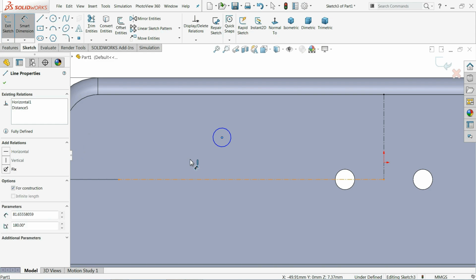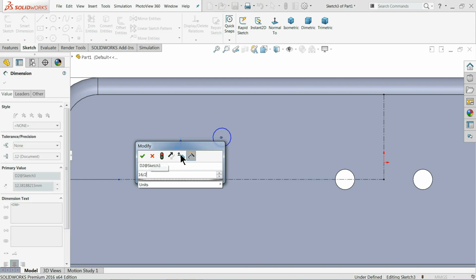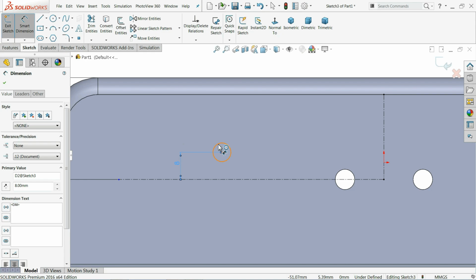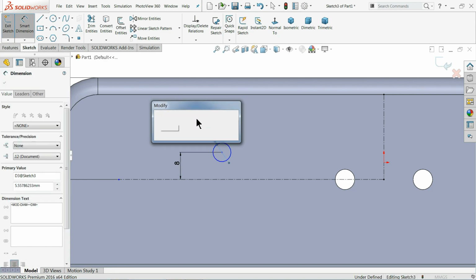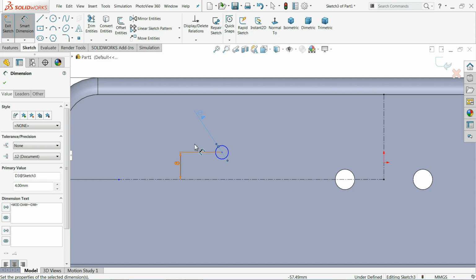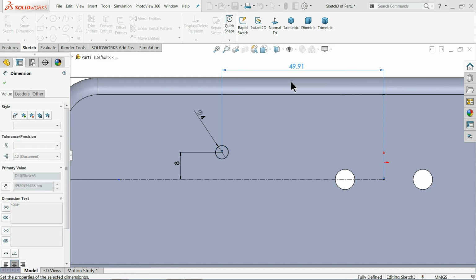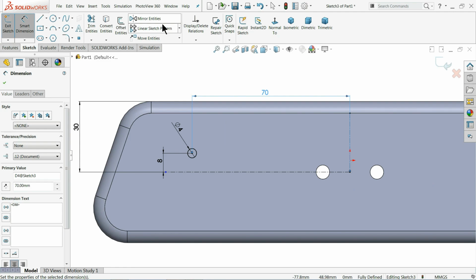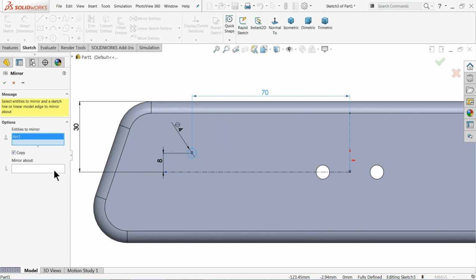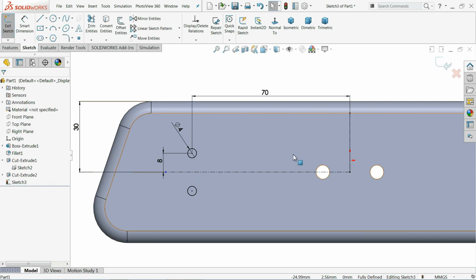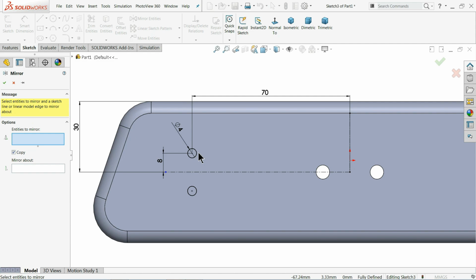From here to here it's 16 by 2, that is 4 millimeter. Sorry, this is 8 millimeter, diameter is 4 millimeter, and the center distance 70 millimeter. Click mirror entity, select this one, click here, copy, mirror about this line. Okay, that's it. Now again choose mirror entity, select these two holes, and here choose mirror about this vertical line,